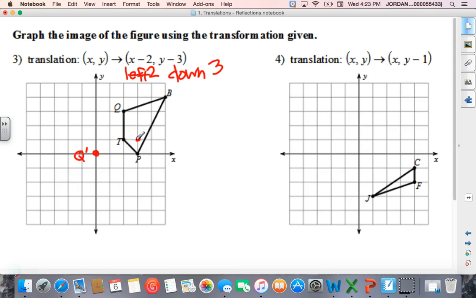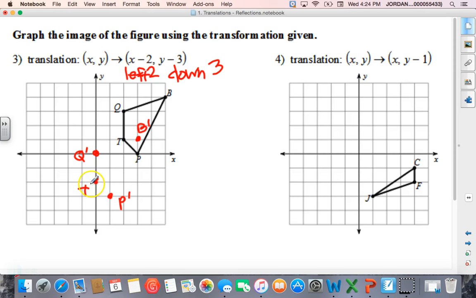And you say, but did I mess up because this is in the middle of this shape? That's okay. Sometimes they'll overlap. That's not a big deal. So this is B prime. And then we're going to do P, go left 2 and down 1, 2, 3. This would be P prime. And then we do the same thing with T. We go left 2 and down 1, 2, 3, and we get